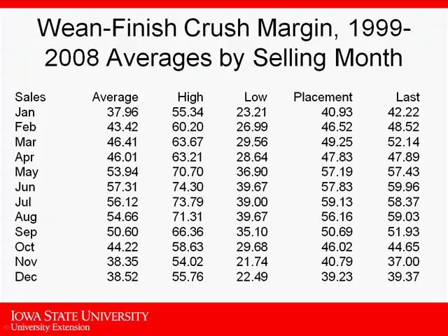Remember, I needed $40.48 to break even. So on average, across about a 15-month period before that pig dies, that's what it averaged. At placement time, over that 10-year period, so there's 10 numbers going into that, placement day, it averaged just right at break even, $40.93. And if I didn't do anything and I went to the very last day, which is essentially staying in the cash market, it averaged 42. So right there, everything Mark told you has been a lie. There's always more money if you stay in the cash market, right?